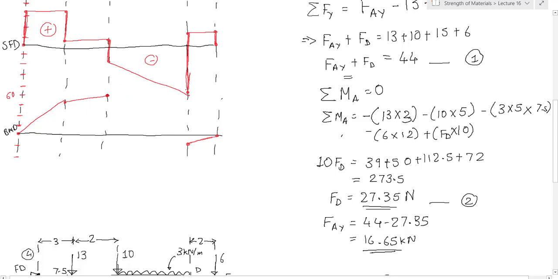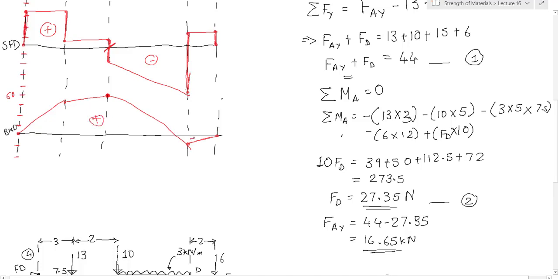But does the curve have a maximum value somewhere in between? How will we know where the maximum value is? The maximum value of bending moment will be at the point where the shear force crosses the x-axis. Right? But the shear force is crossing the x-axis at this point only. So this will be the maximum value of bending moment. So we don't have to worry. It is not going to go up because this is the maximum value, so it is going to go only downwards. So we can directly draw a curve like this. Okay, this can be the curve that we draw. So with this, our bending moment diagram is also done.